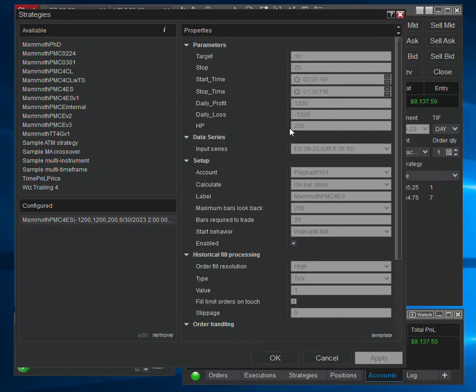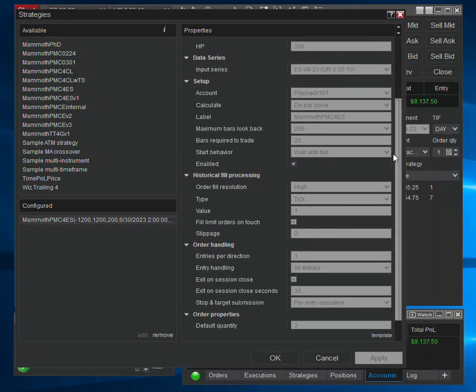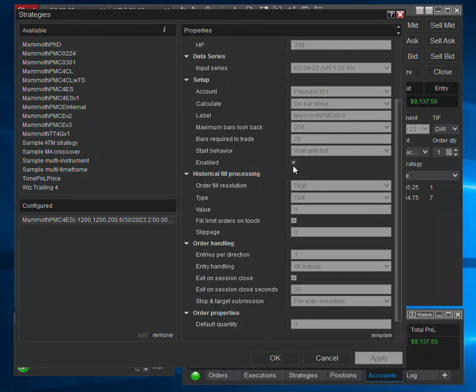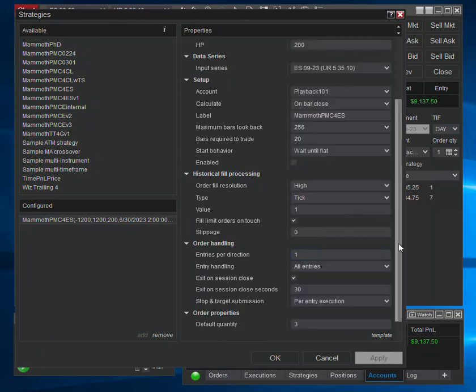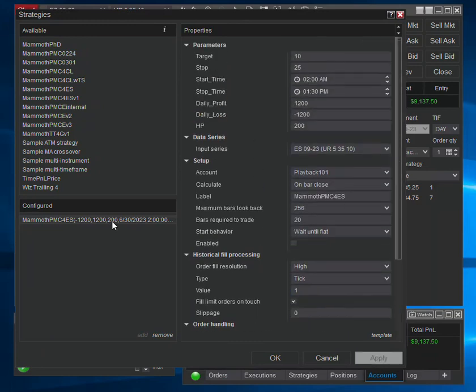HP is a built-in filter that is set at 200. This number can be changed based on your bar types and your settings and your needs. But be very careful, okay? We'll update this number based on market conditions, but this is a standard number it's been using for months. And then you look at the settings. Let me just disable this. It'll be easier for you to see. For this strategy,